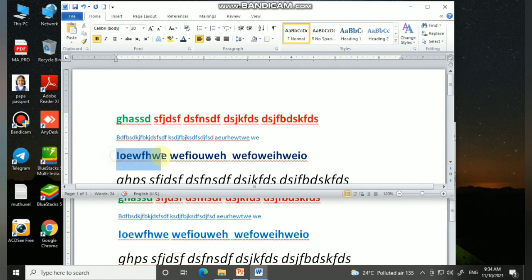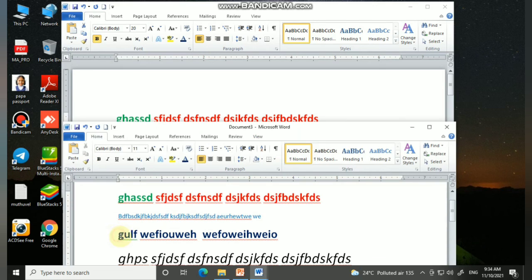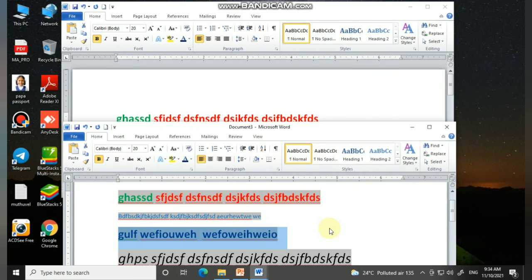Now I am going to change the line to GULF, something like that. Now you can see in document 1 it is changed and in document 3 it is also changed. So this is an added feature when we paste our text using the paste special option.